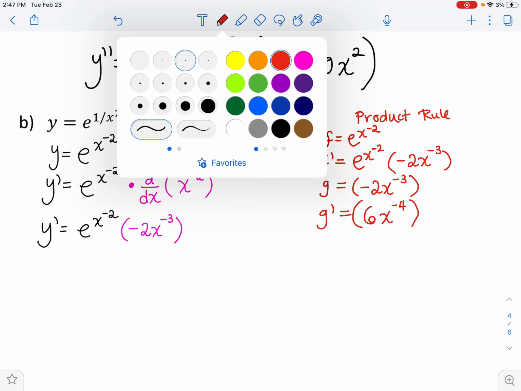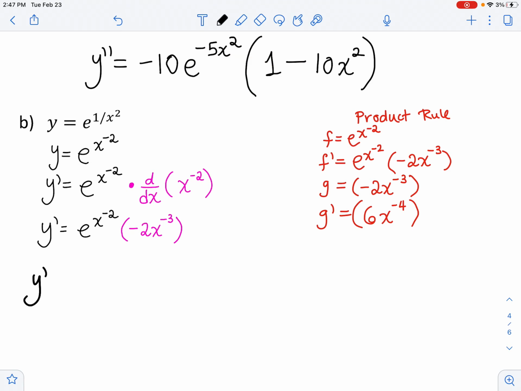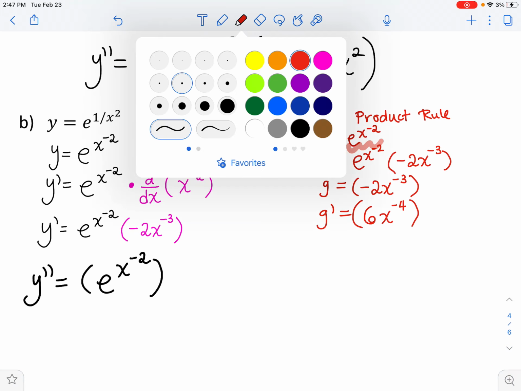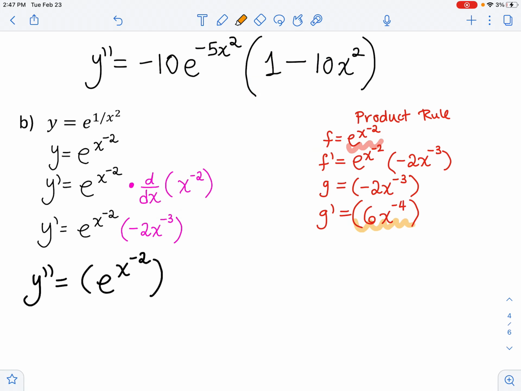Okay, so let's go ahead and find the second derivative. Y double prime is first times, I'm going to write that down, e to the x raised to the negative second, the derivative of the second, and the derivative of the second was 6. And you know, I think I may do that. Who knows, maybe I'll be able to pull out the x. So instead of just writing 6x to the negative fourth, I separated them. But maybe we don't have to do that. All right, plus,